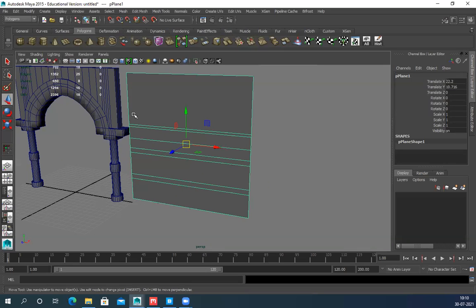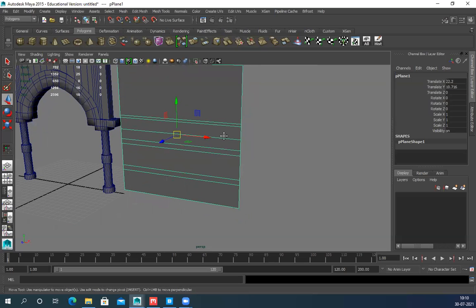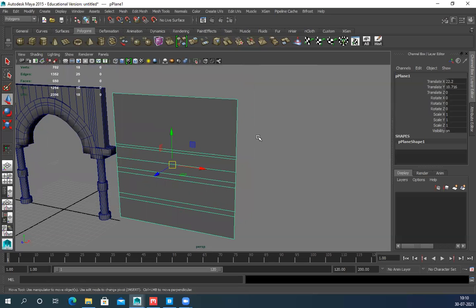Suppose I have a design here, I can create an ID map for that. In this case, I'm going to keep it straightforward and simple so that you can understand what I'm doing and the purpose of doing this. So I need to create an ID map for this. An ID map is basically a colored map, a different color for each and every section, so that I can pick those colors. I'll create this in Photoshop directly because it's a very simple model, so no point going to Substance.